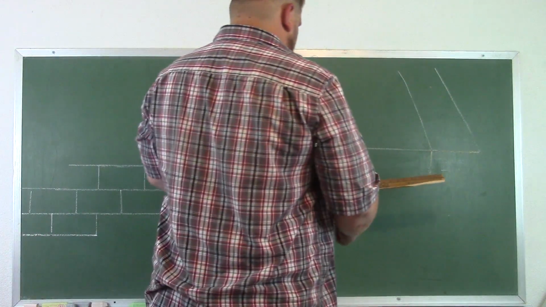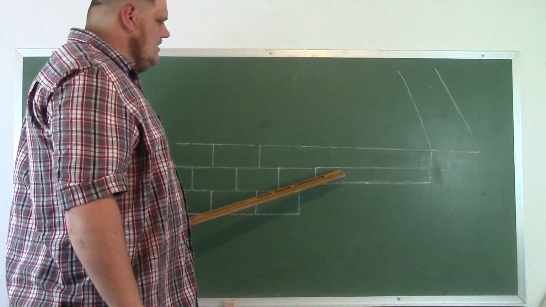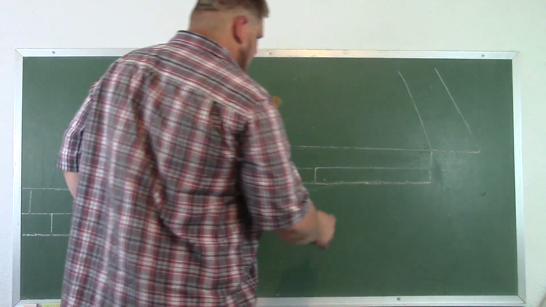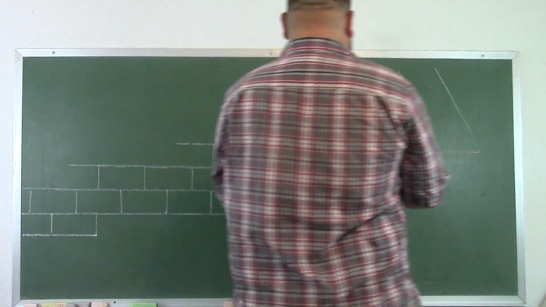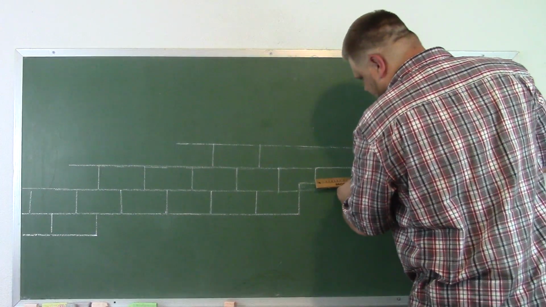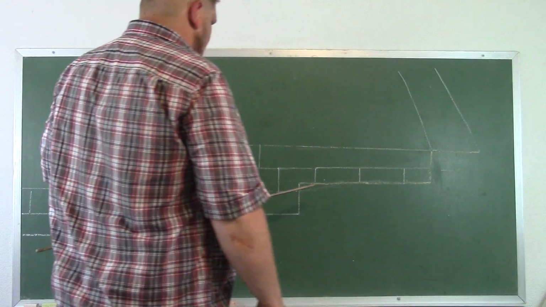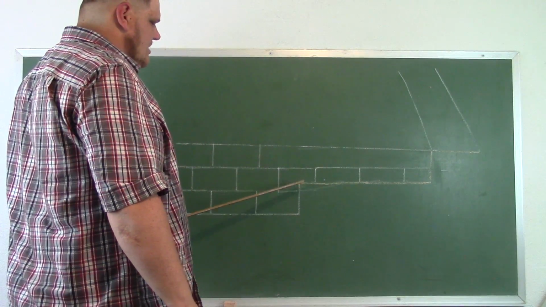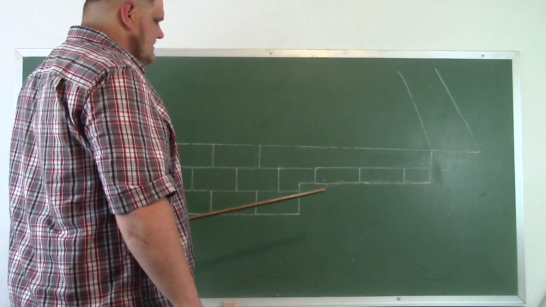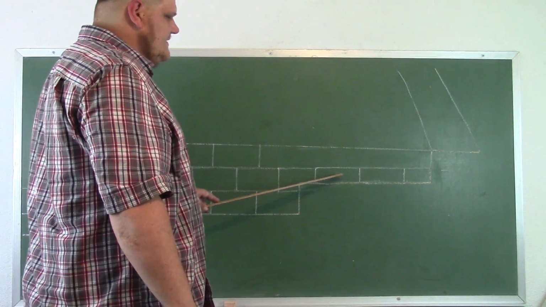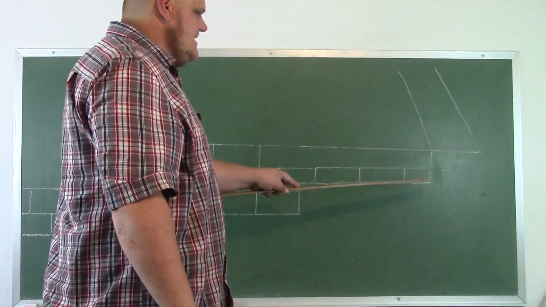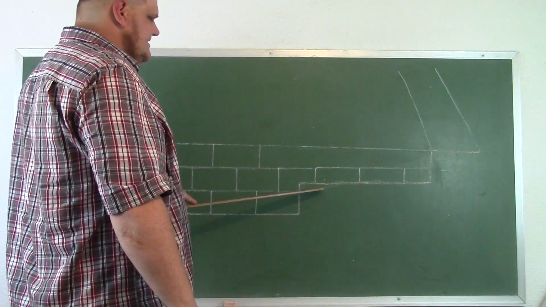And then cut all of these blocks. Let me stay in scale here. I keep wanting to just make marks. Okay, so if I cut this block to fit that, and then cut these blocks at the right height, because this is level,